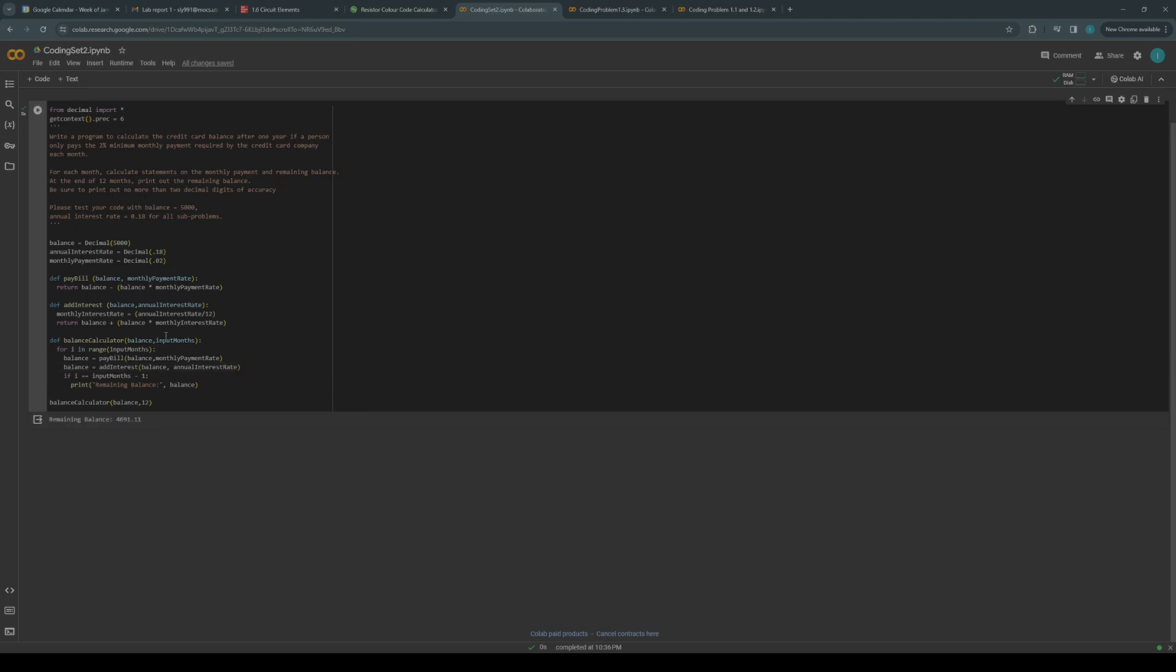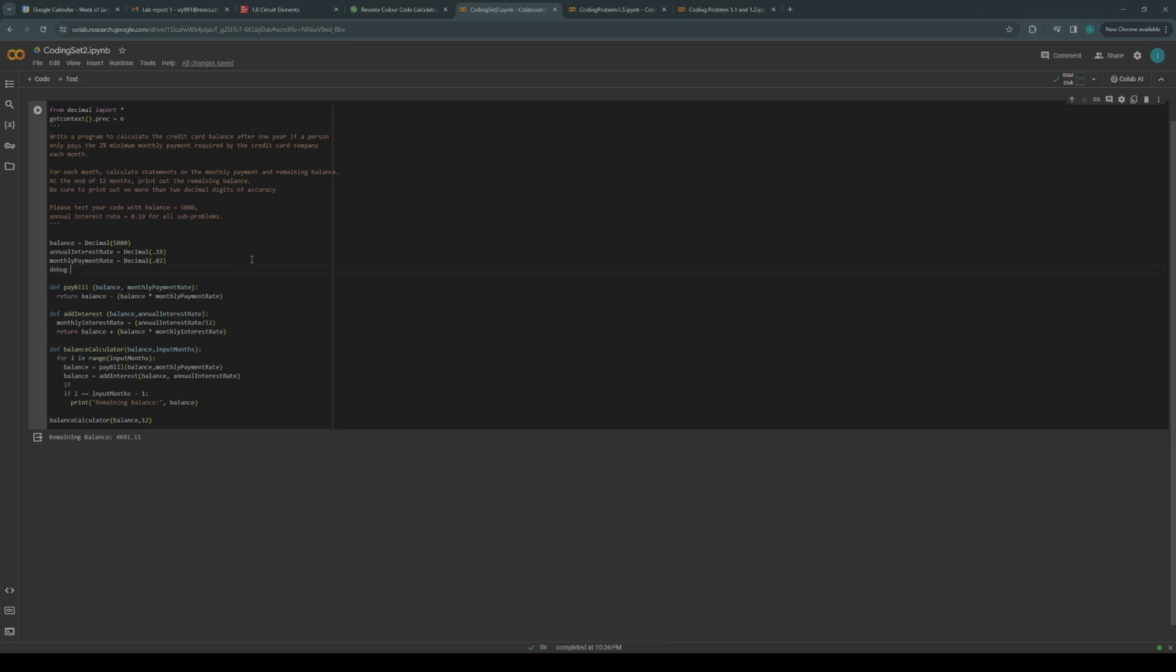Like I said, I could do add interest and then do pay bill, balance, monthly payment rate inside of the argument, but I am not going to do that. And just for fun here, I'm going to add a debug. Oh, sorry, hold on. I do if debug equal 1. If debug equal 1,